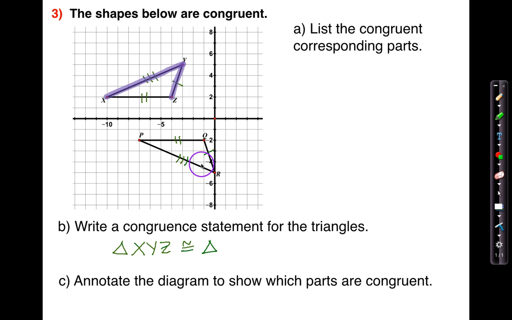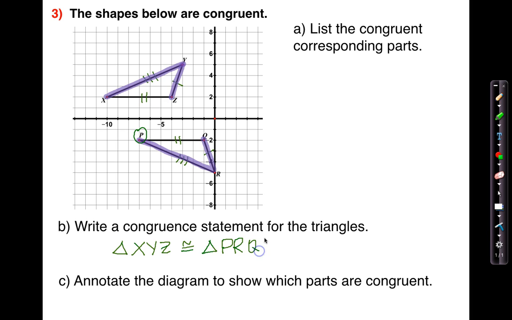Notice on this side, what I'm trying to do is mimic the same path. I need to travel along 3 tick marks, which is the longest side, and then get to the shortest length. The only way to do that is by starting on P. Starting on P, I'm traveling across the longest side, which is the 3 tick marks, and then across the shortest side, which is the 1 tick mark. For that reason, I can determine that starting with P, the congruent statement will be completed with triangle